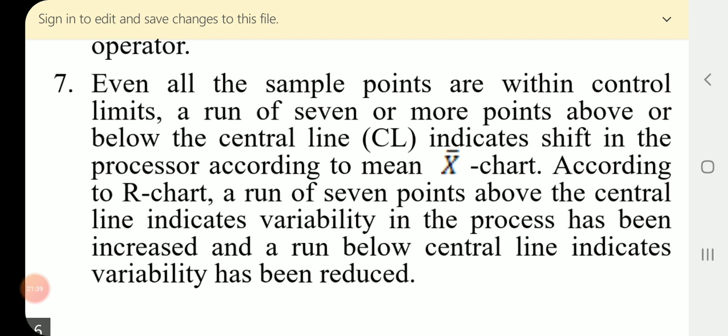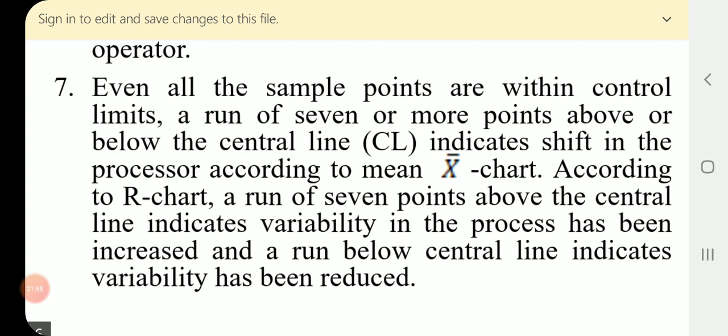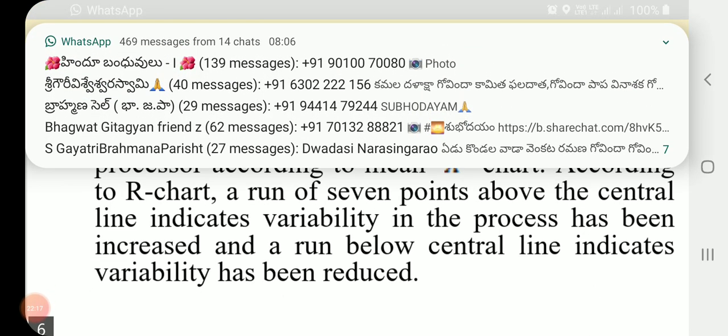That is continuously 7 or more points below the CL or above the CL. Even if all the points are within the UCL and LCL, if you observe 7 or more points continuously falling above CL or below CL,